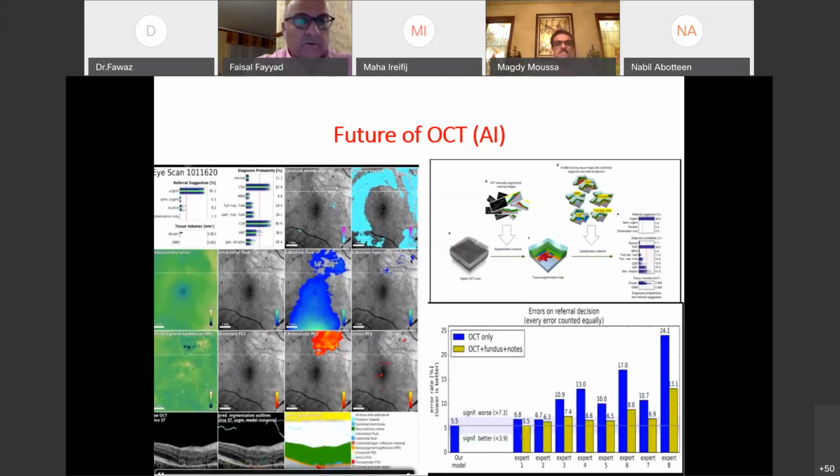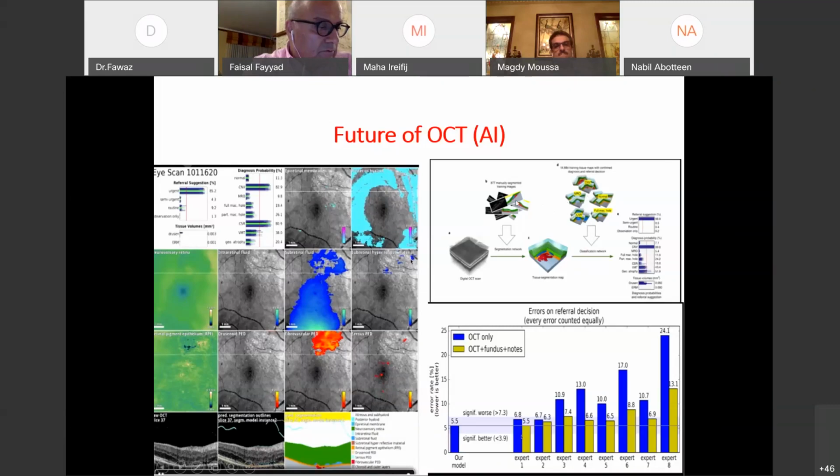In the last two slides, I want to finish with the future of the OCT. I think my colleague Pierre Skin, in many meetings, even in the last Retina meeting, showed us one of the softwares now working to diagnose certain retinal diseases. And this software is actually based on two systems. The first one acts on segmentation of the retinal layers, and the second one includes the data for